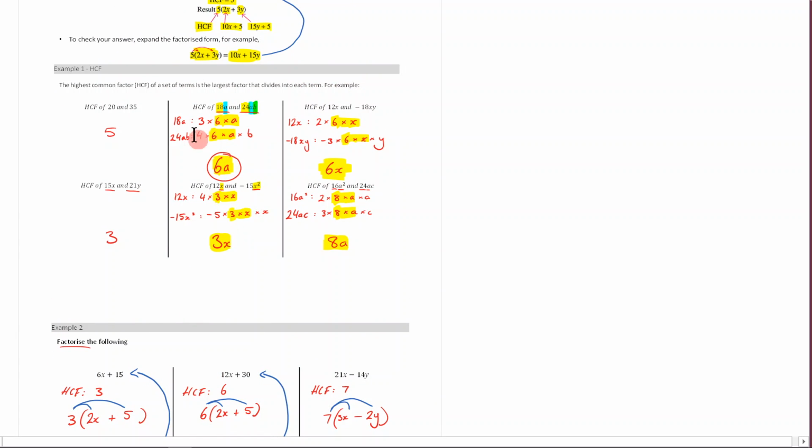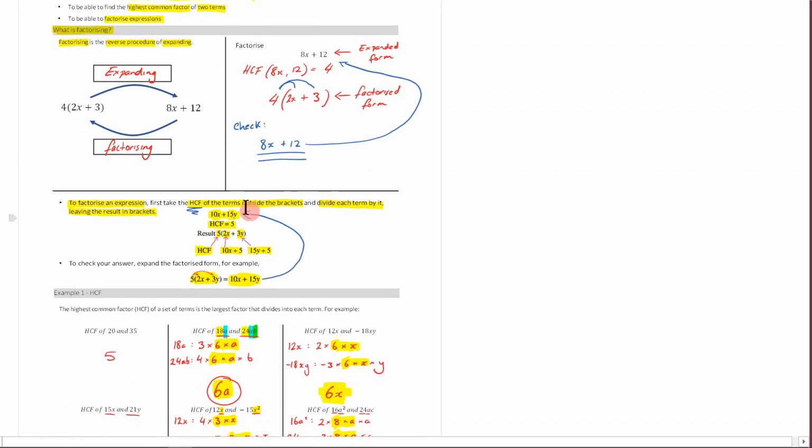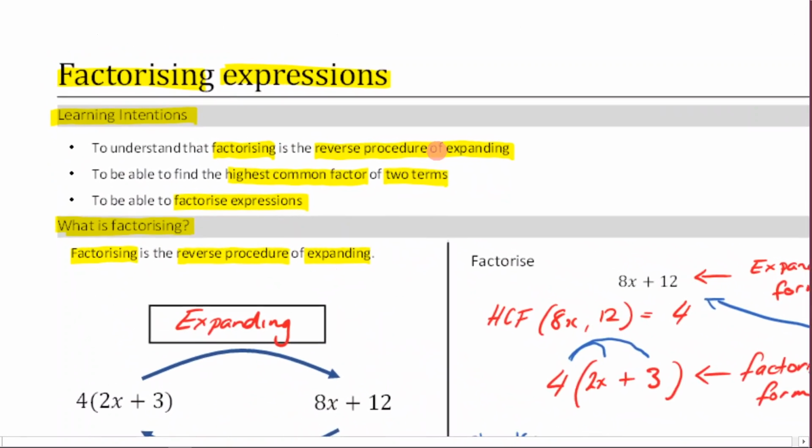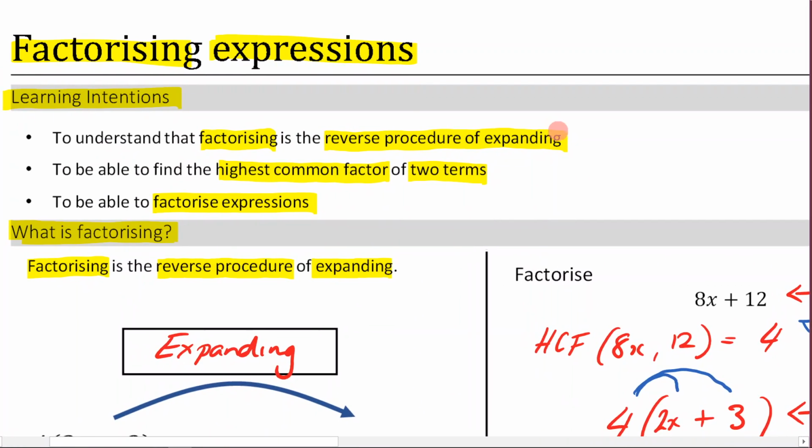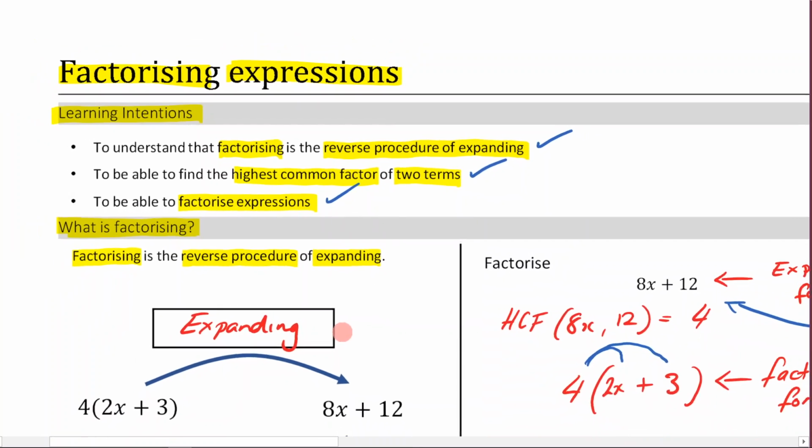Hopefully all this made sense. Finding the highest common factor can be a bit of a pain, but let's now just read through our learning intentions. Do you understand that factorizing is the reverse of expanding? Hopefully you do. Are you able to find the highest common factor of 2 terms? Hopefully you are. And are you able to factorize expressions? Hopefully you can give all those a big tick